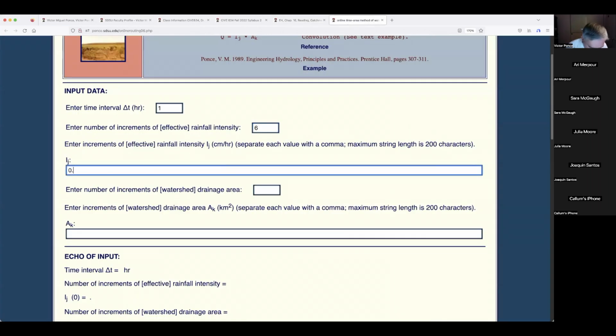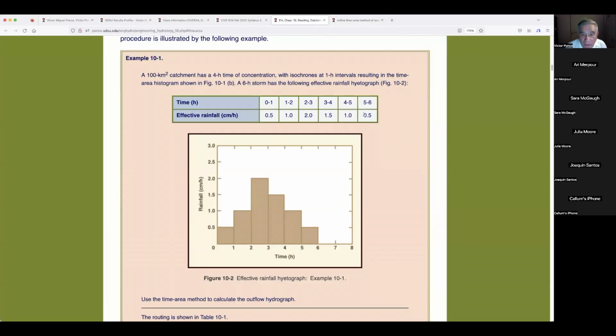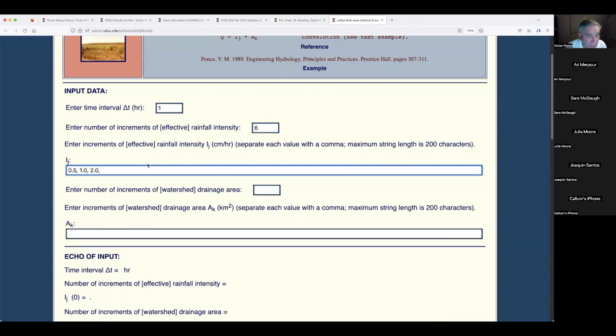I didn't do this earlier, so I should have done it, but I forgot. 0.5, 1, 2, then 1.5, 1, and 0.5. And the number of increments of watershed drainage area. This is 4. And the numbers are